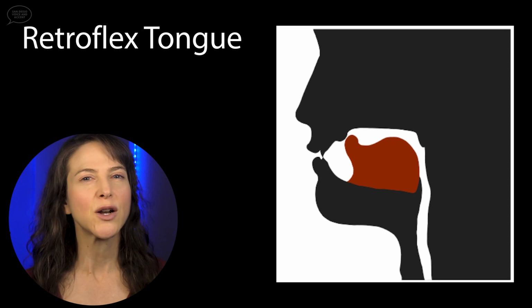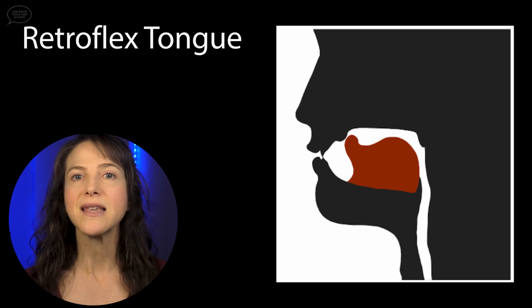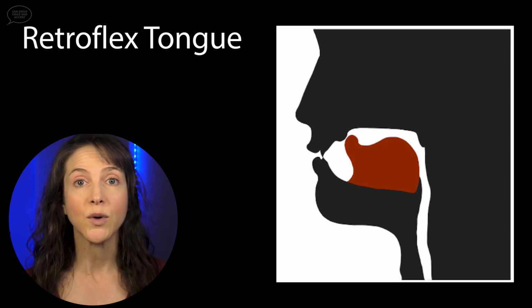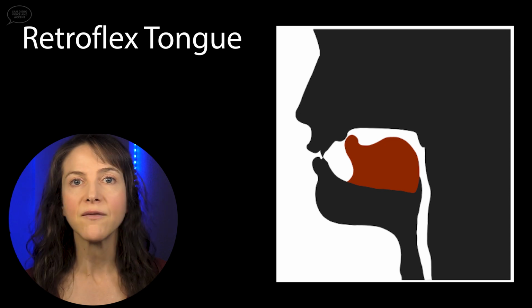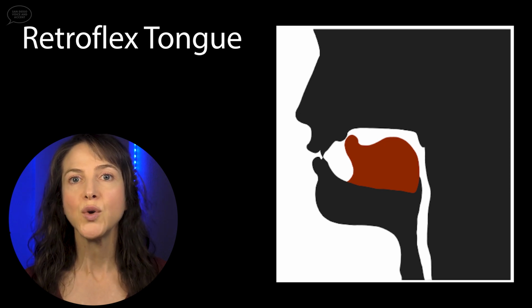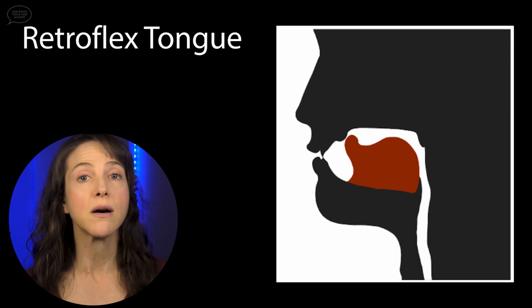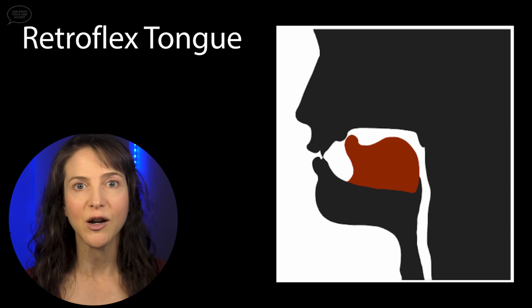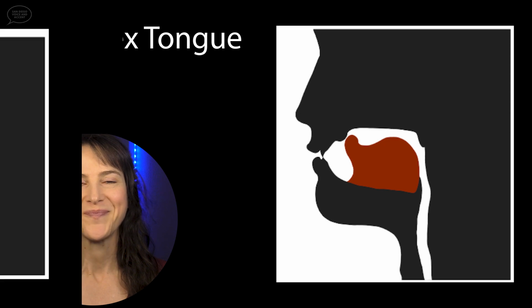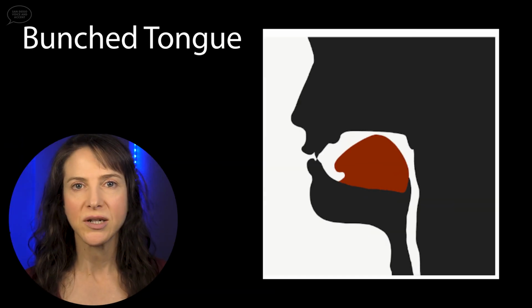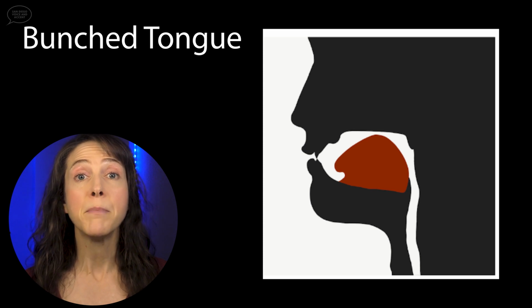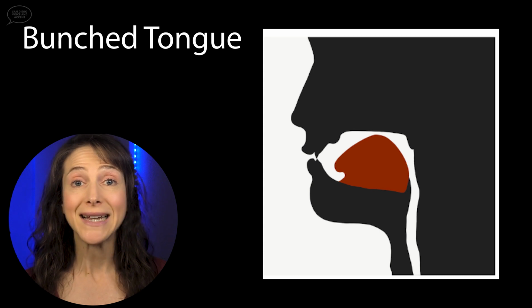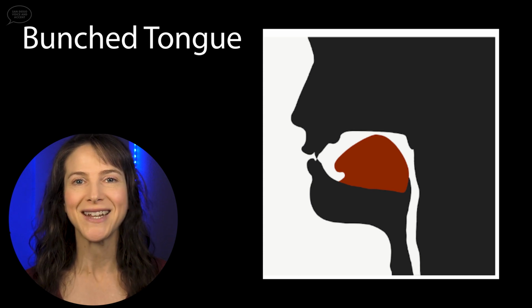But my opinion is that a retroflex tongue placement causes the American R consonant to sound muffled or distorted. And since your native language, be it Hindi, Urdu, or many of the other related Indian languages, uses a retroflex tongue position with the R consonant, it's just very likely that you're going to use the same tongue position when speaking American English. But try to adopt the bunched tongue position. I think a bunched tongue placement results in a much clearer R consonant. So that's what I teach, and that's what I want you to try to do today.